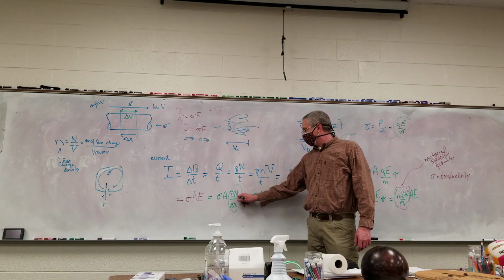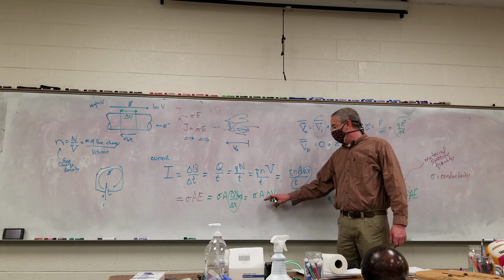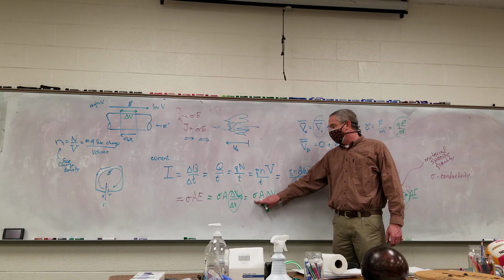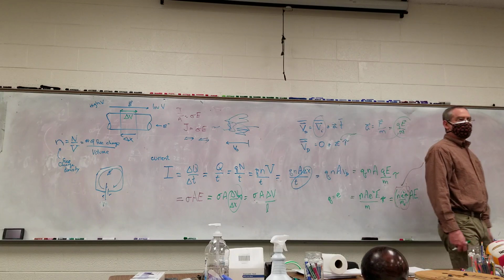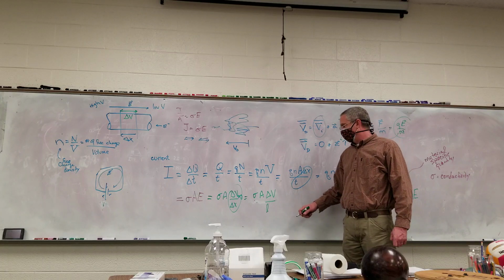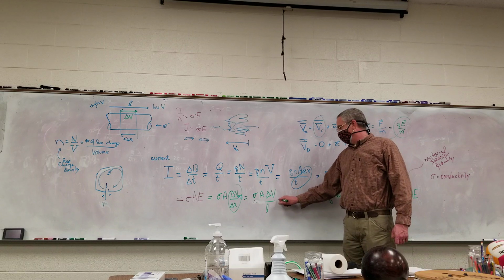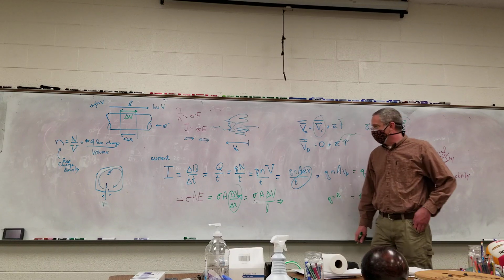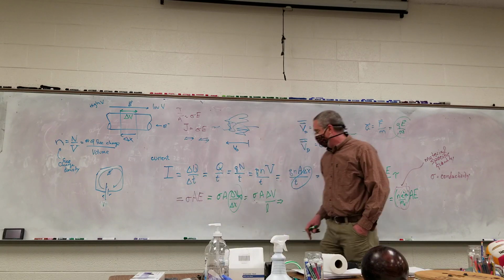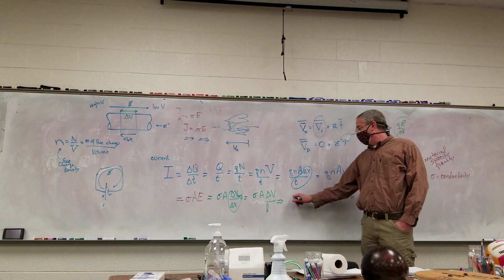So this, let me just write it, SEG for segment. This is the potential for the segment that's that long. Or I could just put delta V for the whole thing divided by the length of the wire. Rearranging this, if I solve for delta V, because don't forget, this is equal to I, my current. So I multiply both sides by L, divide by A and sigma, I get my voltage